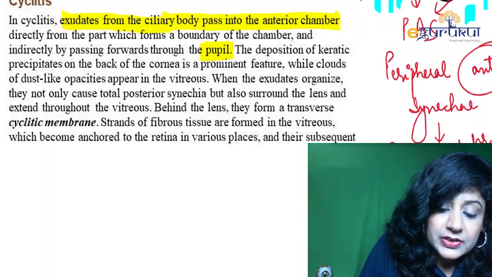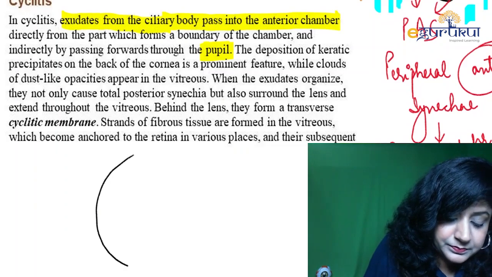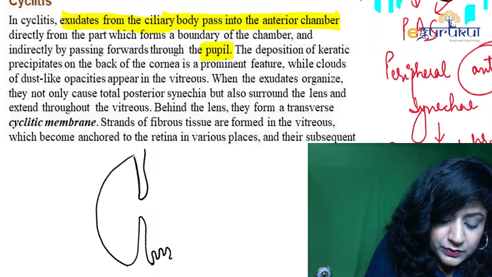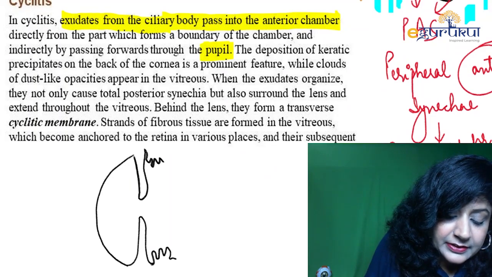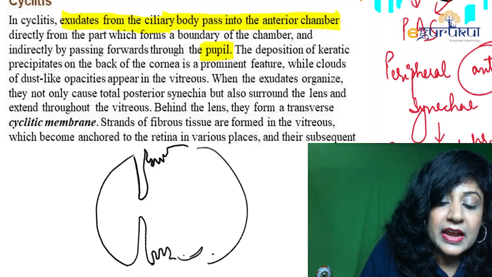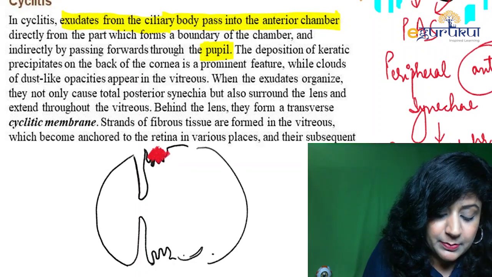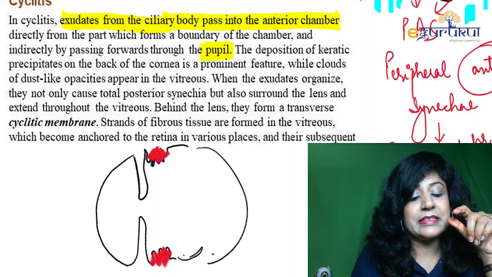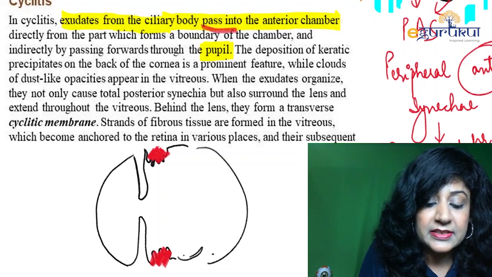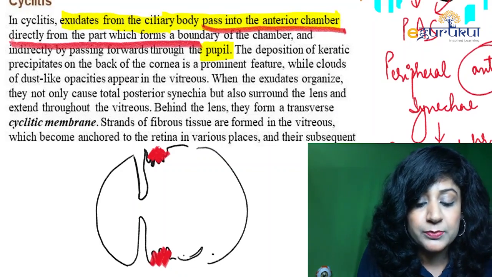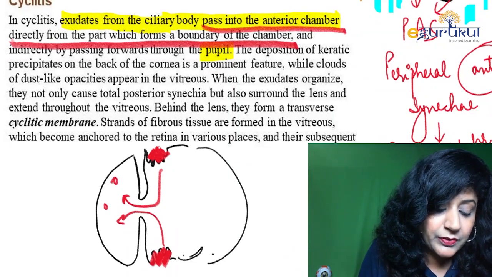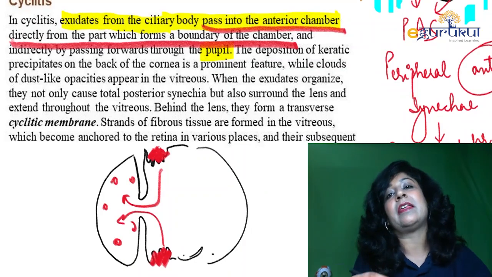Now imagine that you are having the cyclitis, something like this. We have anterior portion of the ciliary body like this, and then we have got the posterior portion also. Now here basically we are concerned with the anterior portion. In cyclitis I am concerned about this part. So what they are saying is that either it is going directly into the anterior chamber, it is passing into the anterior chamber directly from the part which forms a boundary of this chamber, or it can also pass through the pupil. So either way this can go into the anterior chamber,